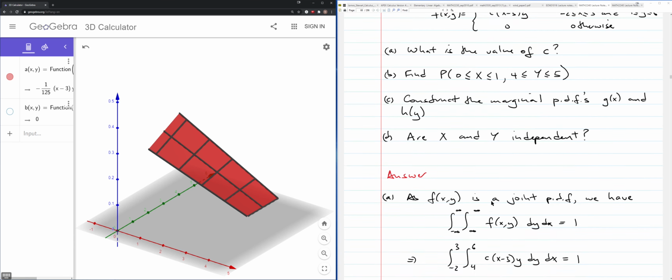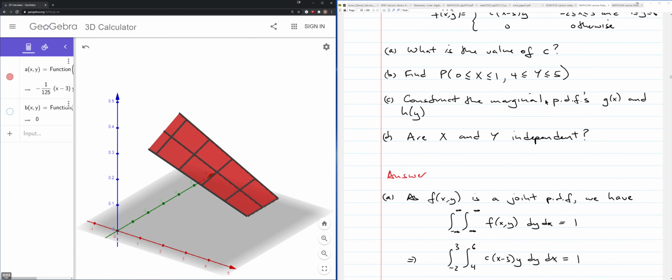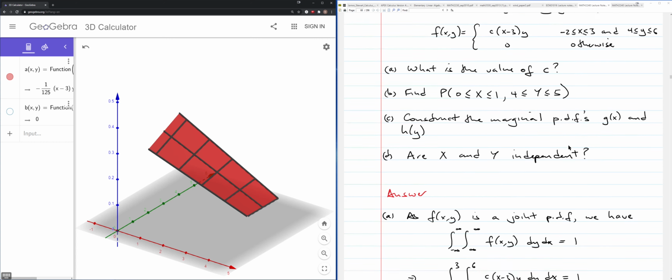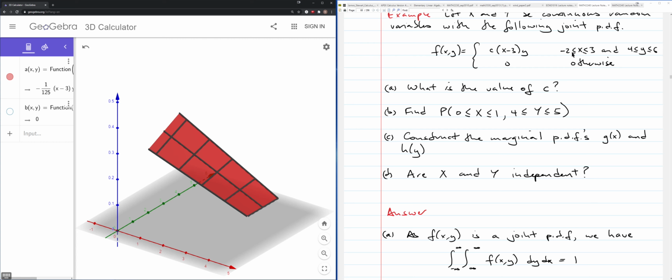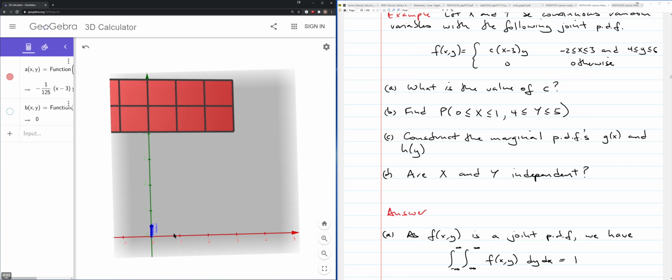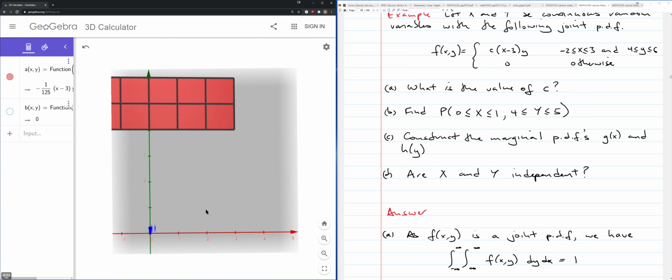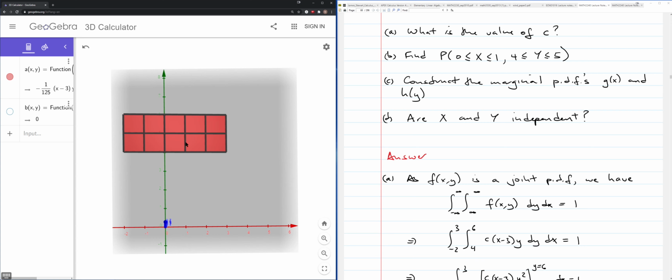Okay, so if we're going to integrate this, your function is 0 everywhere except on this rectangle specified over here. So all we need to do is integrate over this rectangle, this rectangle in the x y plane. Okay, so integrating this function over the rectangle,